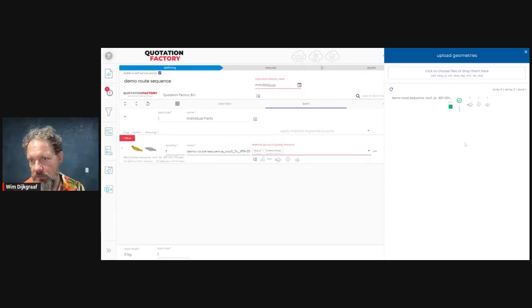And what you see is that here the working steps are shown in a specific order, and here as well. Up to now, we didn't care about the order because for the quotation process itself, the order doesn't influence pricing. But of course, sheet cutting and engraving probably will be done on one and the same machine. We will start naming that a multifunctional machine, and you will also see that in the near future. And we would expect that sheet bending was the last working step in this sequence.